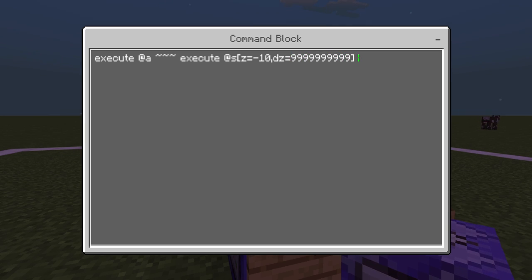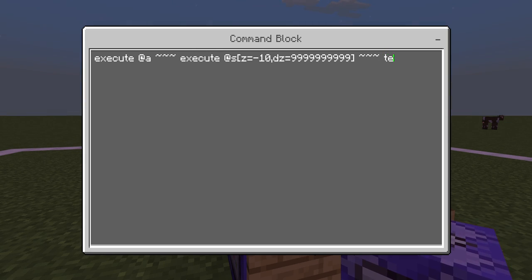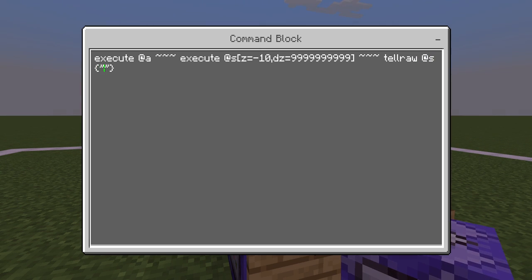All right. So now with that, we will then tell something in chat. This new command, it's not really new, but it's very useful for you guys to learn how to use. It's called tellraw. It allows you to write text in the chat. So we're going to tellraw at S, and we're going to be using JSON coding for this. So raw text,